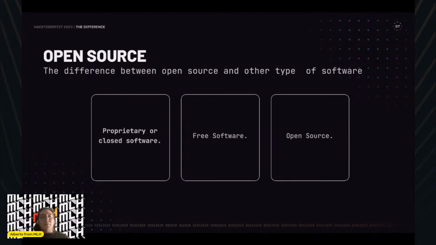The freedom to run the program as you wish for any purpose; the freedom to study how the program works and change it so you can compute things as you wish; the freedom to redistribute copies so you can help others with the same problems that you solved; and the freedom to redistribute copies of your modified version.